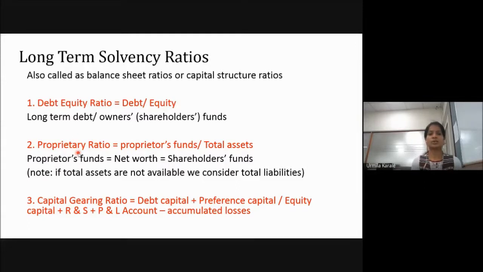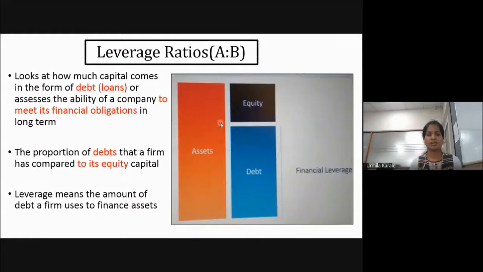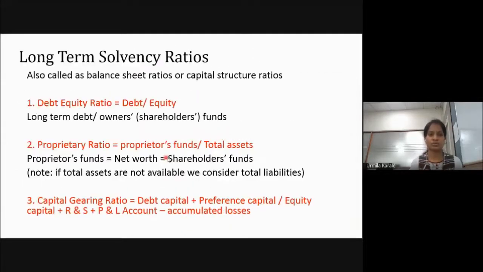This ratio will help you understand out of the total assets, how much proprietors' funds you have used to finance your assets. Now, let's go back to this. What proprietary ratio says is, out of your total assets, how much is the owner's funds? Suppose this is 100. Out of this, suppose this is 30. It means 30% of the money is used to finance the assets. If 30 has come from here, it means 70% is borrowed funds, right? So the same thing you will come to know from this ratio.